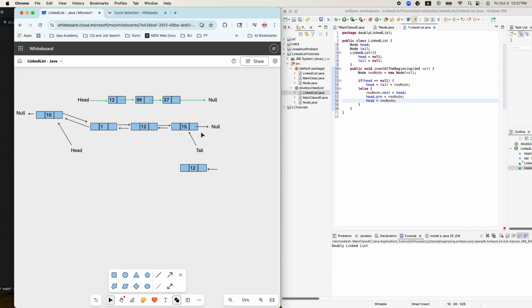It is similar to adding a new node at the beginning of the list. Like you have at the beginning, you have access to the head, and at the end you have access to the last node using this tail property that you have here. So